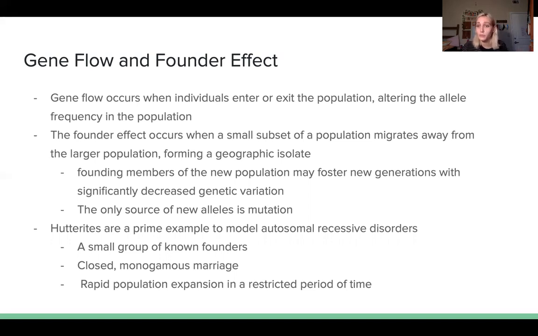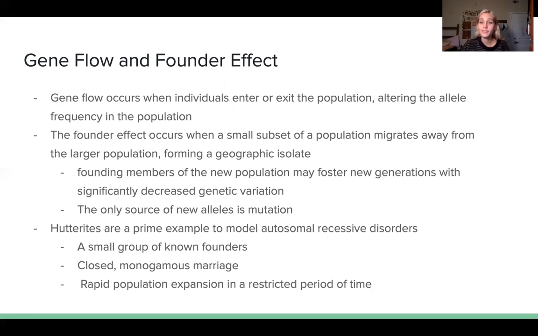Hutterites are a really prime example for modeling some of these disorders because of three different factors. The first is that they were founded by a small known group of individuals, so this makes tracing ancestry much simpler and clearer. Also, their closed monogamous marriage practices actually limit the amount of genetic variation that is available to each of the offspring. However, through monogamy, it enables researchers to trace pedigrees, which I'll discuss on the next slide, to determine carriers of